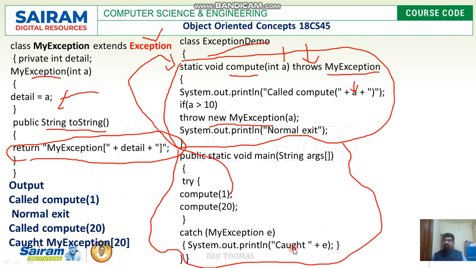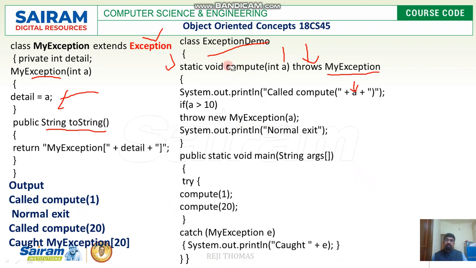Look at this Caught MyException, and what is the detail for that? The detail is stored in the variable called detail. So what I've done, I've successfully created my exception. Please remember